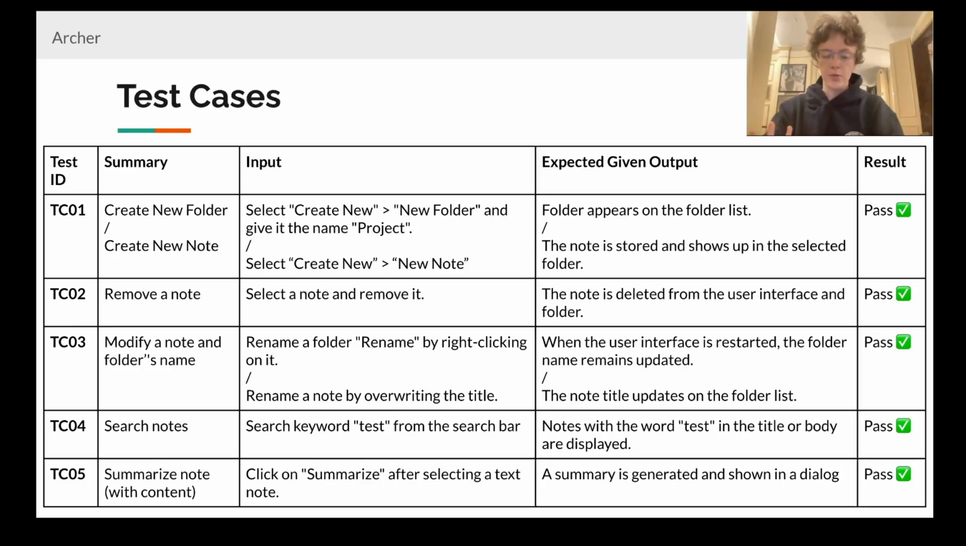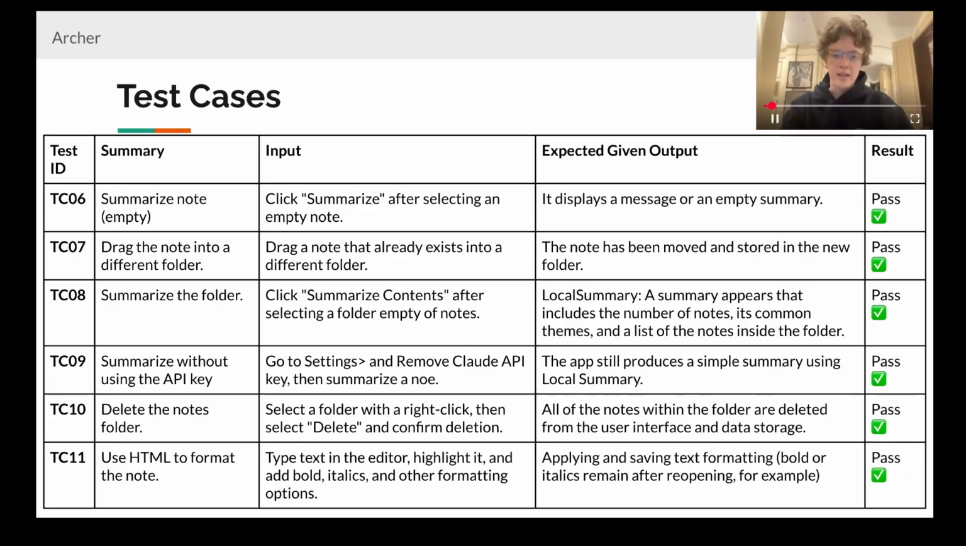For example, being able to use the search function with the keyword test, showing both in the title and the body of a note, as well as the ability to summarize a note and have the AI-generated summary be automatically created. We also wanted to test to make sure that for an empty note, the summary wouldn't contain any AI-generated hallucinations. So we made sure that summarizing an empty note by accident would display either a message or an empty